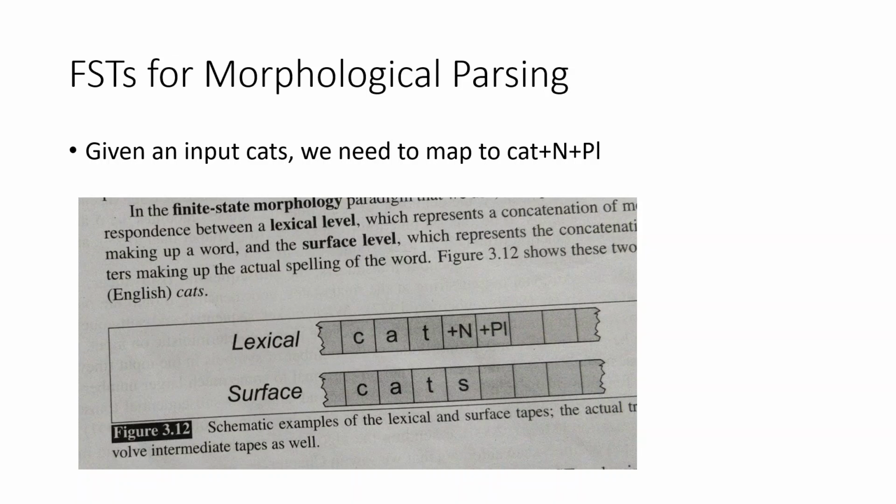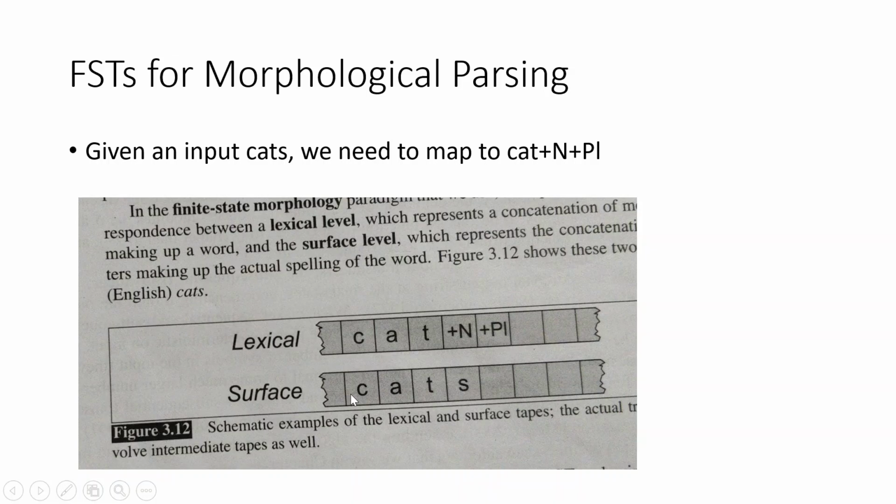Now, we will look at actual morphological parsing. What do we mean by morphological parsing? We also said earlier, given an input, say cats, we know to map it to cat plus noun plus plural, right? So this is the transformation which we want. And we talked about a two-tape machine. A transducer, we said, is a two-tape machine. So we have what is known as the surface tape or the input tape, which contains the actual text, and which we map onto the stem part cat and plus noun plus plural.